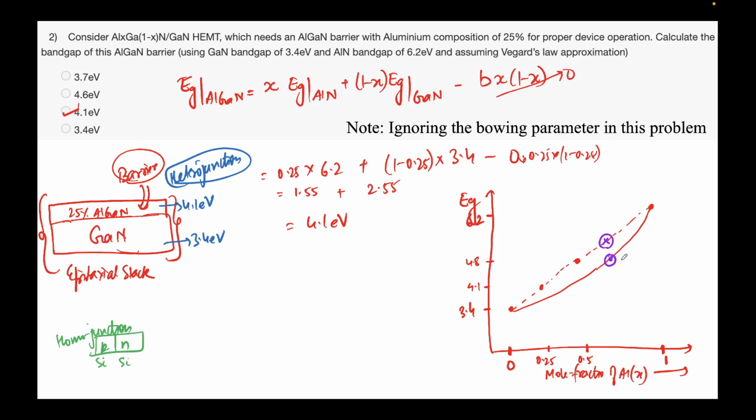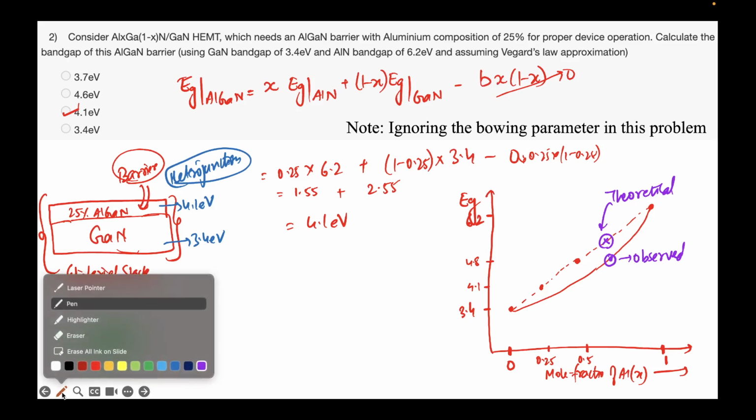So this is the observed value and this is the theoretical value. The observed value is slightly smaller than theoretical. Now we have to change this expression to accommodate for that. Hence this bowing parameter comes into the picture. So this question can be asked in different ways. So for instance,